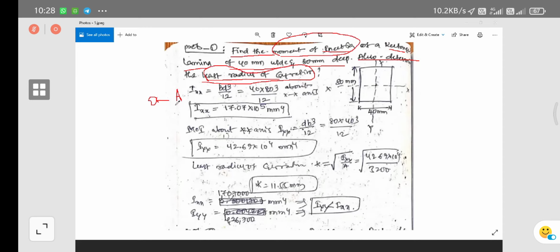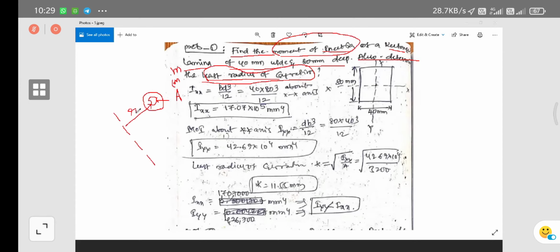What is radius of gyration? With respect to any axis, if you are going to rotate the entire area or entire mass of a body about a certain radial distance,